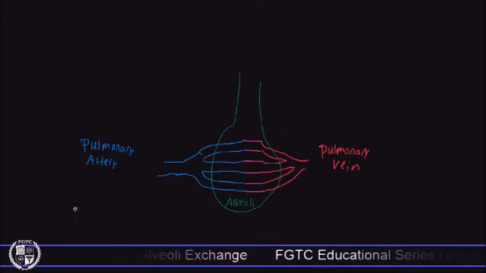So what you'll notice is we have the pulmonary artery over here on our left-hand side, and your pulmonary artery is actually going to be receiving its blood from your right ventricle. So your right ventricle sends blood to your pulmonary artery, which is represented by this blue right here. And right here in the purple magenta, this is going to be our capillary. This is where gas exchange actually takes place over the alveoli, which is